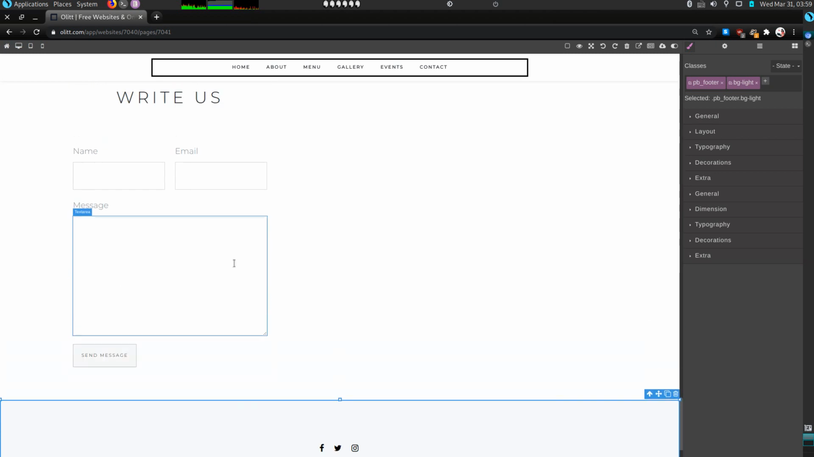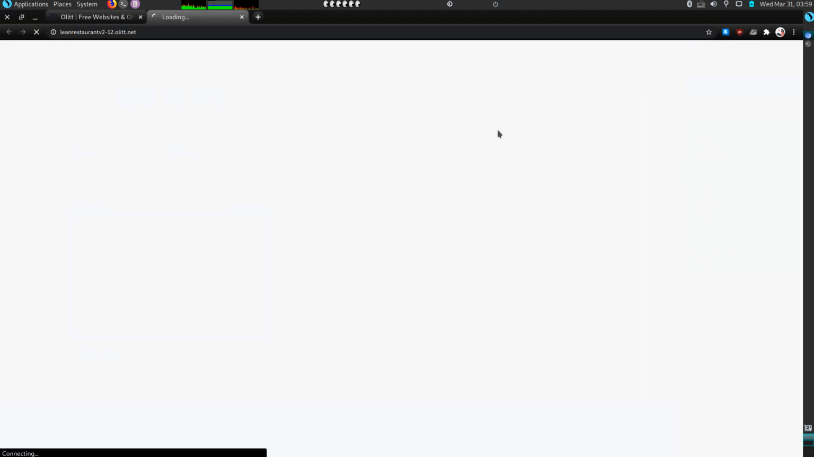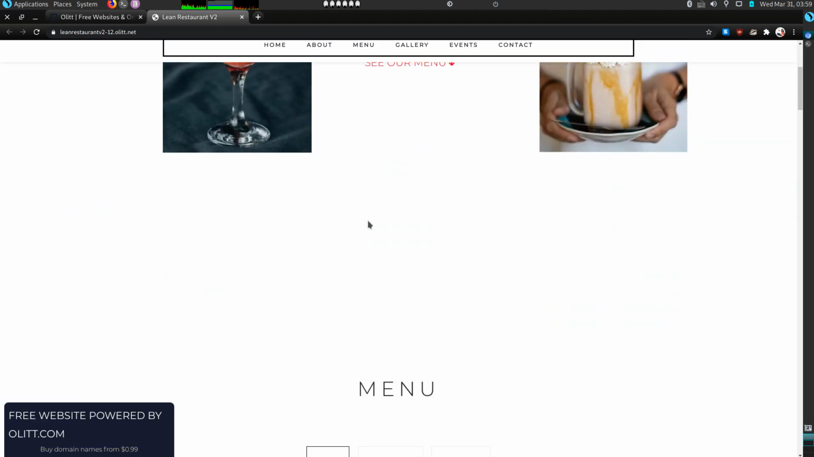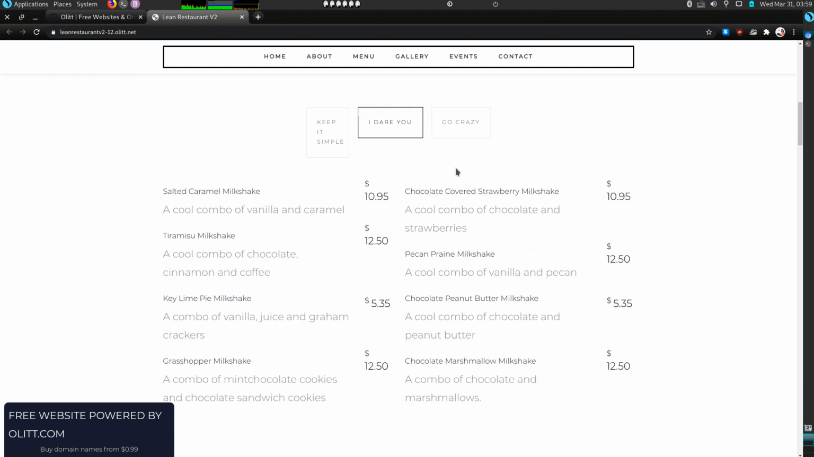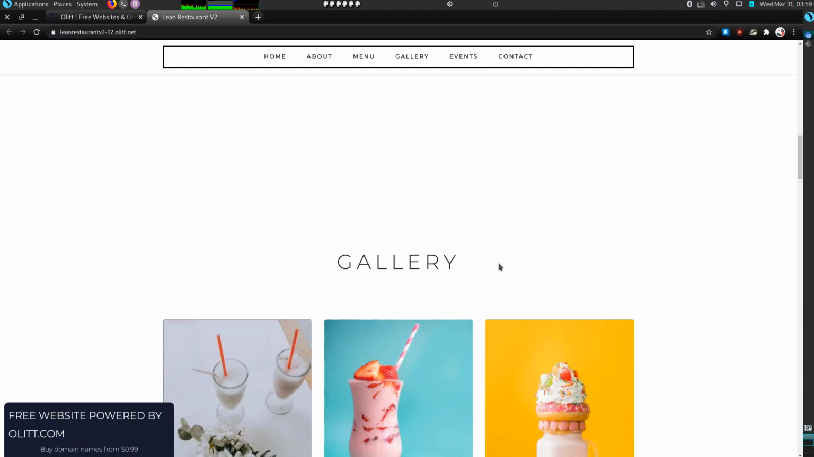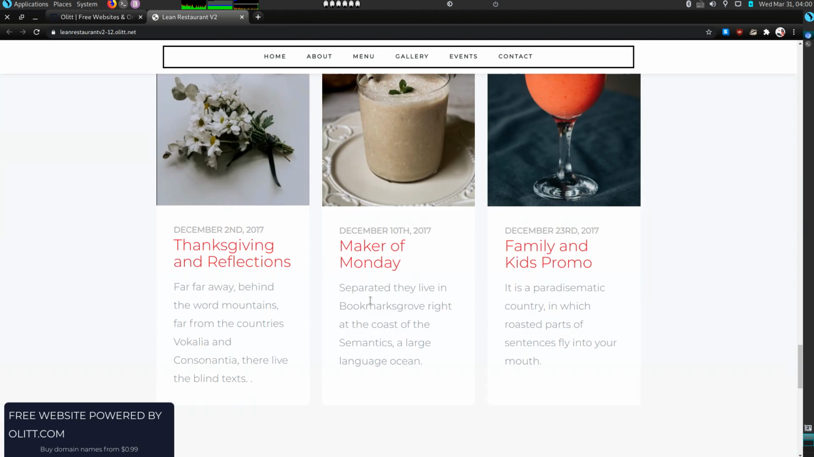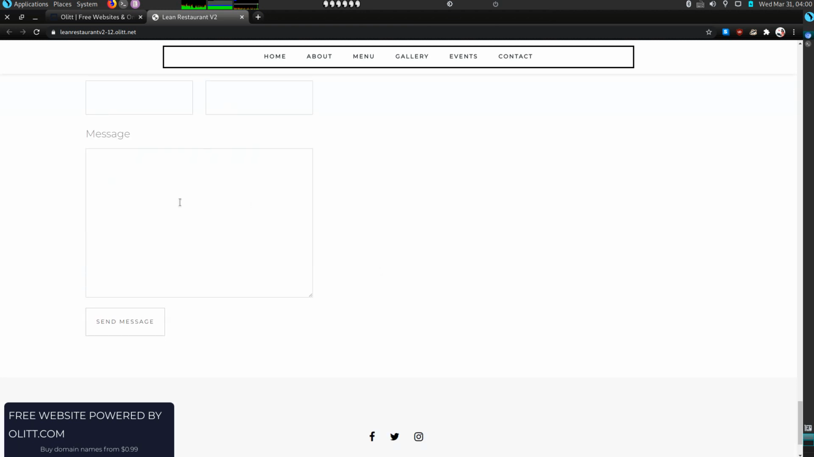So of course, this is the contact form, and this is how our site is going to look. In case you want users to come to you and give you feedback, their comments, you can do that. As you can see, keep it simple. I dare you. Salted caramel. This is our gallery, what people say, and of course this is the events. As you can see, we changed the colors, writers,